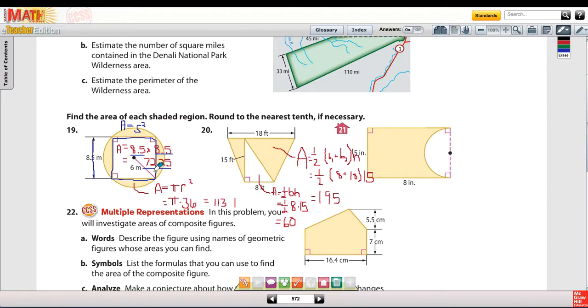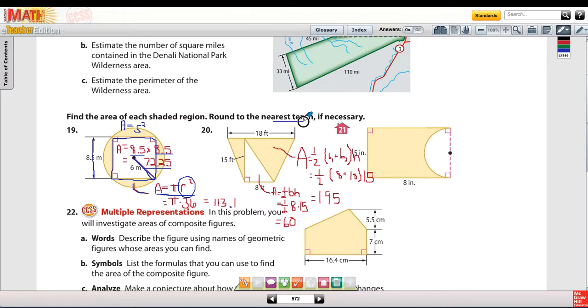72.25 for my square. For my circle, I have pi r squared. The radius of my circle is actually inside of my square, so don't let that confuse you. I still just need the radius of the circle, which is 6, and 6 squared is 36. Pi times 36 is